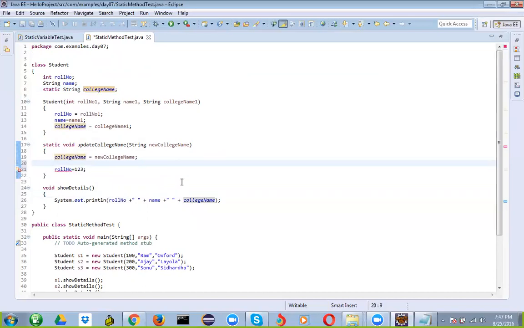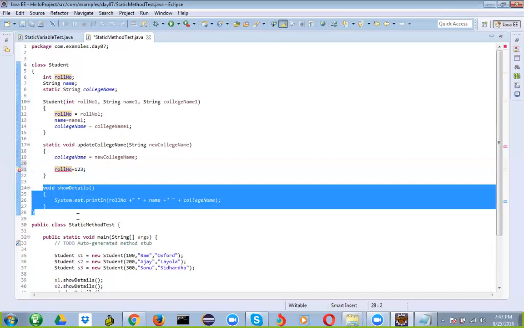Oh, you declared the college name as static. That's why you're accessing that. If it is a regular field which is not static, you can't access it. I mean, we can't access even the static variables in non-static methods. That we can access it, that we have seen, right? Yes, before you declared the college name as static. The reverse is not possible. If you declare a variable as non-static, you can access that variable